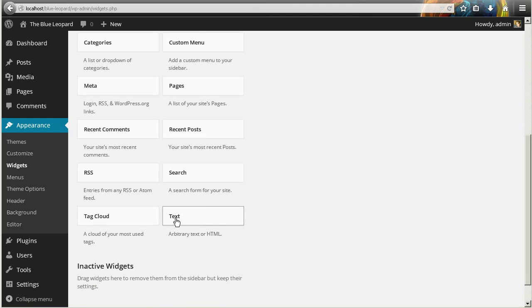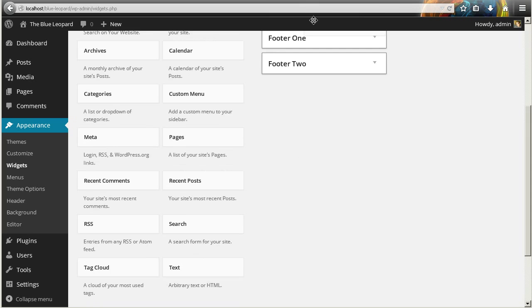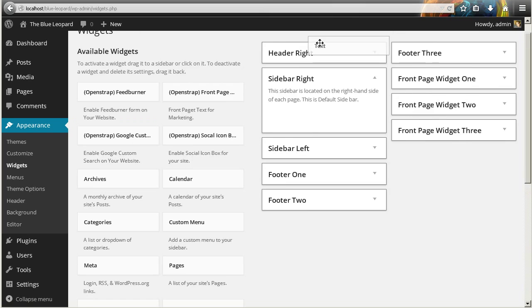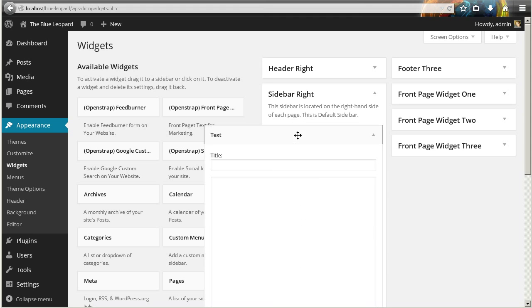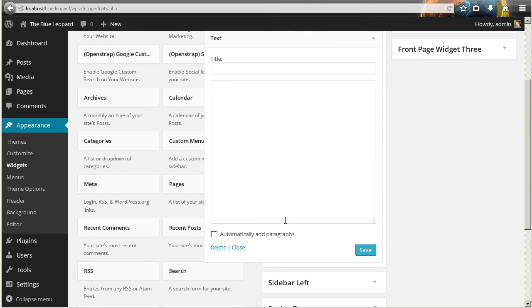So if I click on this, you can see it's now draggable, and I just want to scroll up here and drag it to the widget area where I want this widget to appear. Since this is the sidebar, you can see we get those dotted lines appearing, telling us we're going to add it to that area. And once I drop this, it's going to pull up the editing screen, and we can start to add content